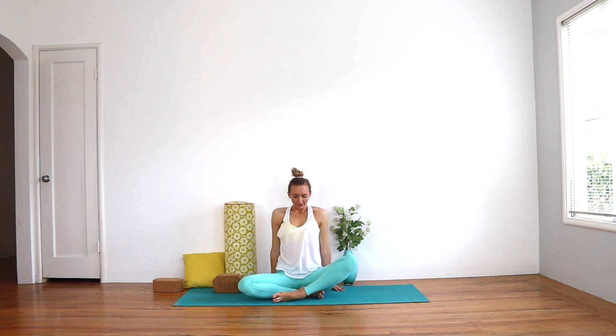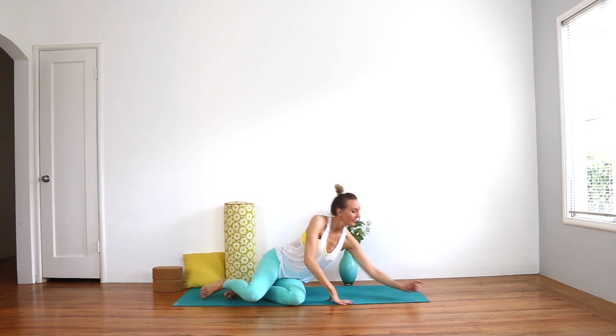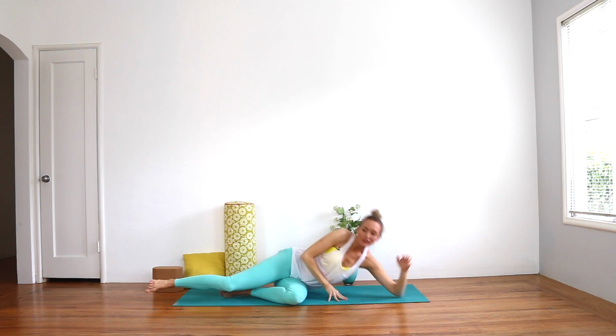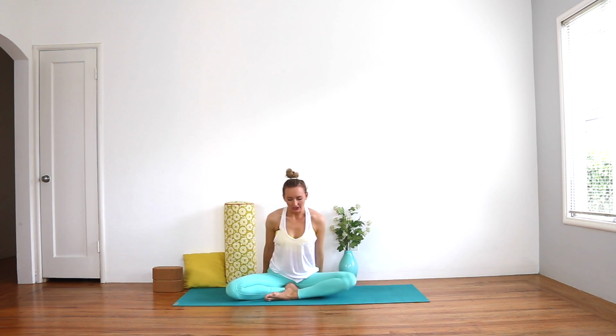You can stay here for the last 2-3 minutes of class with me in just a seated meditation, just taking the left hand over the right hand in the lap. Or if you want to take your hands to your baby the whole time for a little meditation to close, that's wonderful. Otherwise, if you don't want to sit for the meditation, you can just lie down and take Shavasana, lying on your left side. I highly recommend putting pillows under your head and pillows between your thighs to make your rest as comfortable as possible. So lying on your left side or seated, wherever you are,